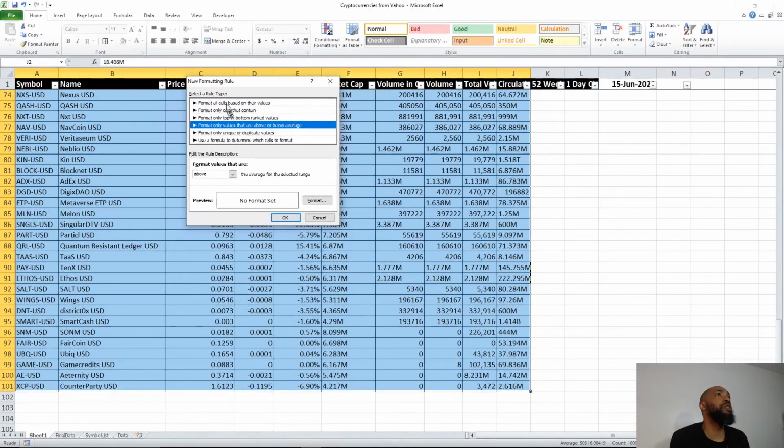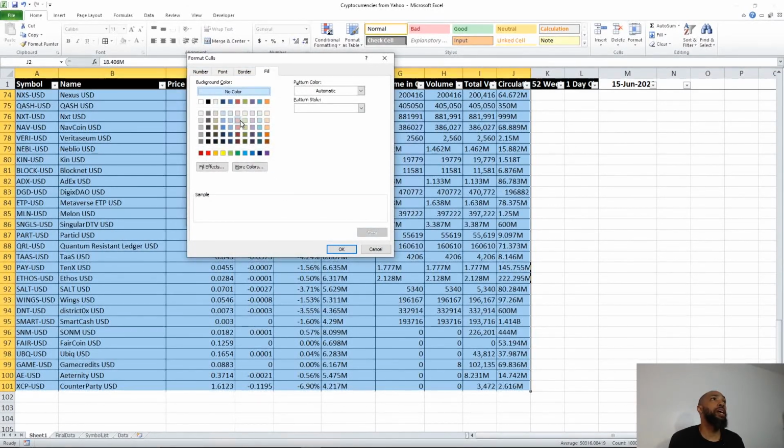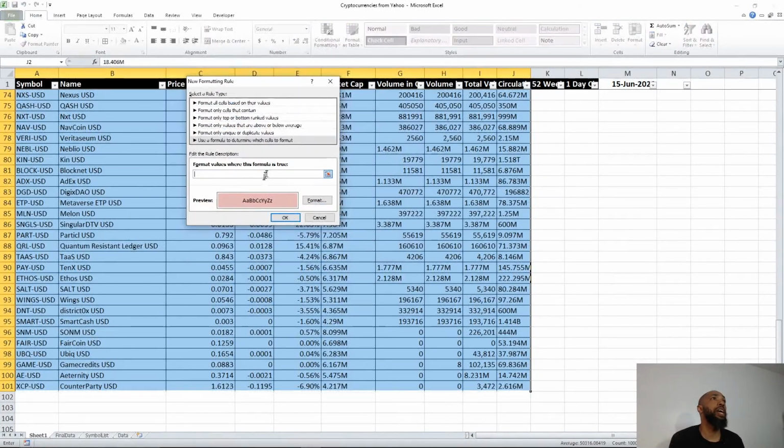well, there's several different options that we have up there. You can format cells based on their values. You can format only cells that contain, format only the top or bottom ranked values. You can format only values that are above or below average, or you can format only unique or duplicate values. I'm going to use a formula to determine what cells to format, and what I'm basically going to do is format the cells that are less than 0 to that color. So I'm going to pick my color. We'll use that color, and then we'll say